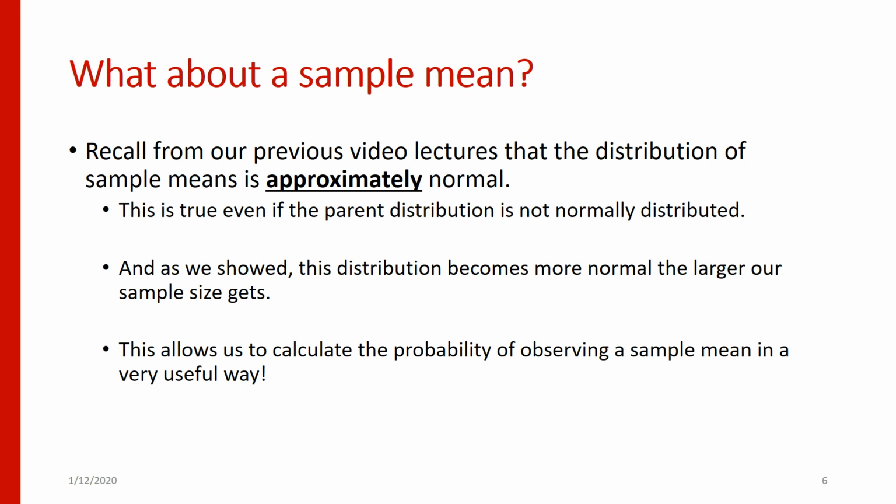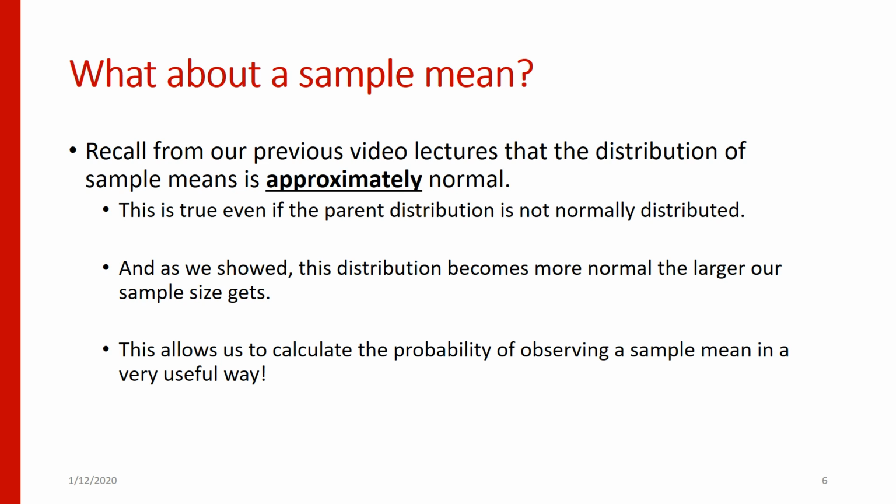Now, we can also extend this idea to, rather than talking about the probability of observing a single score, talk about the probability of observing a sample mean. Because if you recall from our previous lectures, we talked about how a distribution of sample means is approximately normal, and that this is going to be true even if the parent distribution is not normally distributed, right? So even if the distribution that generated our sample isn't normal, if we're talking about the sample means, we would expect to get an approximately normal distribution of sample means, and we expect this to become more normal the larger